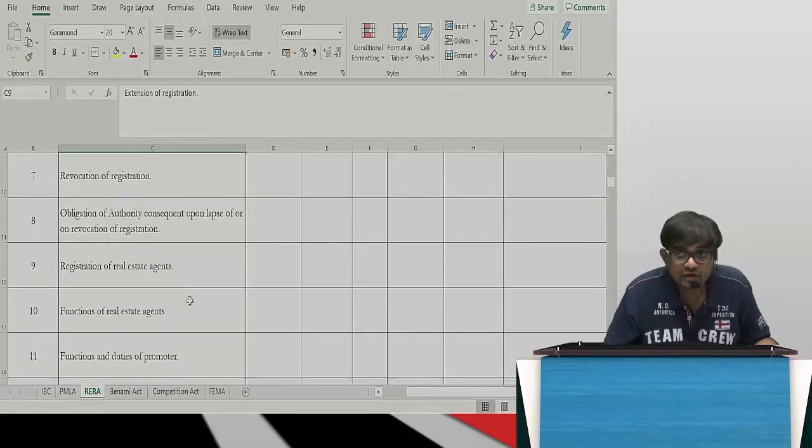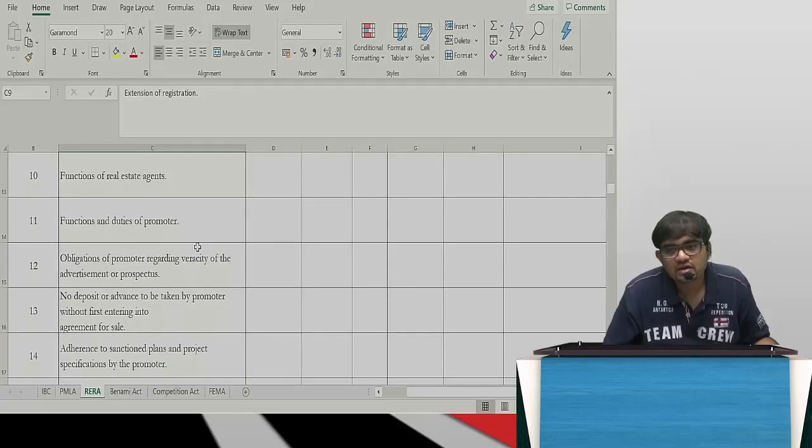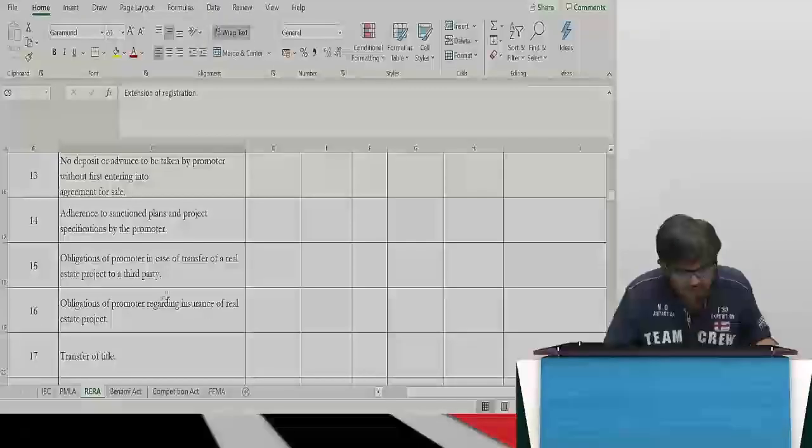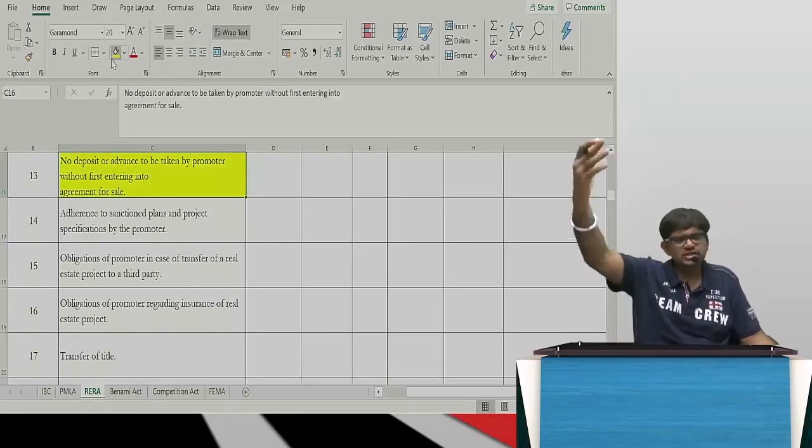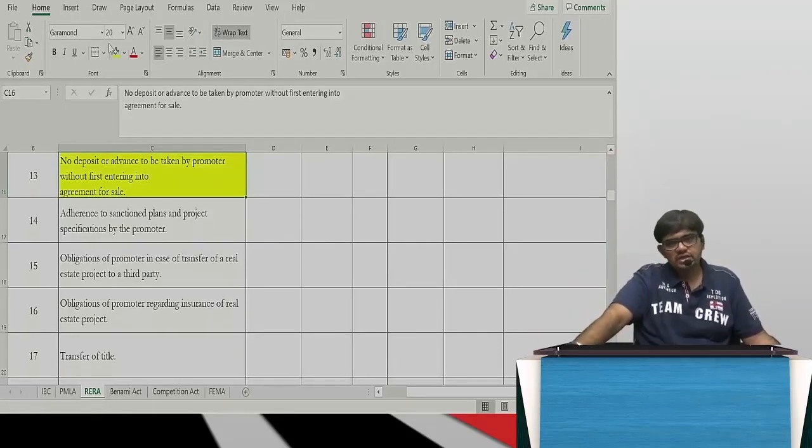Correct? And we know as per RERA that before taking any advance, whatever it is, before registration, etc., if you take advance, first you should have something called AFS, that is called Agreement for Sale. So all this comes under that, we discussed in RERA. So with section 8, 9, 10, 11, it comes under 13. See, automatically it comes under 13. We can go to section 13, no? Where is section 13? It is in module number 2 of my book. All the full bare act I have given you anyway.